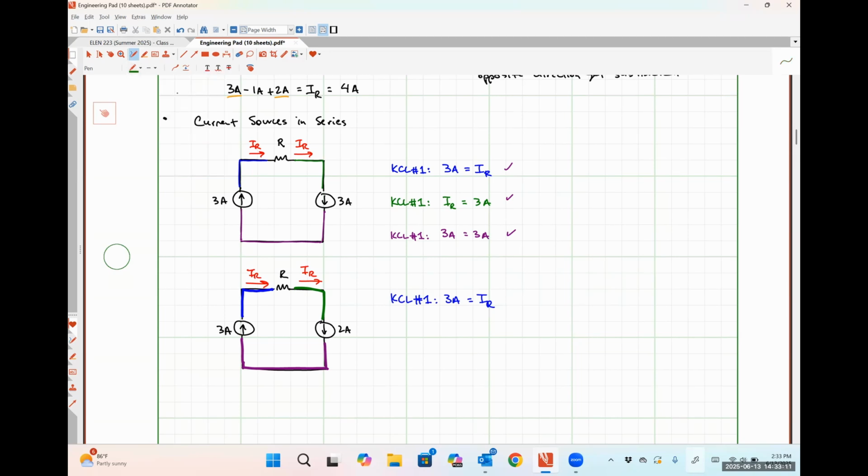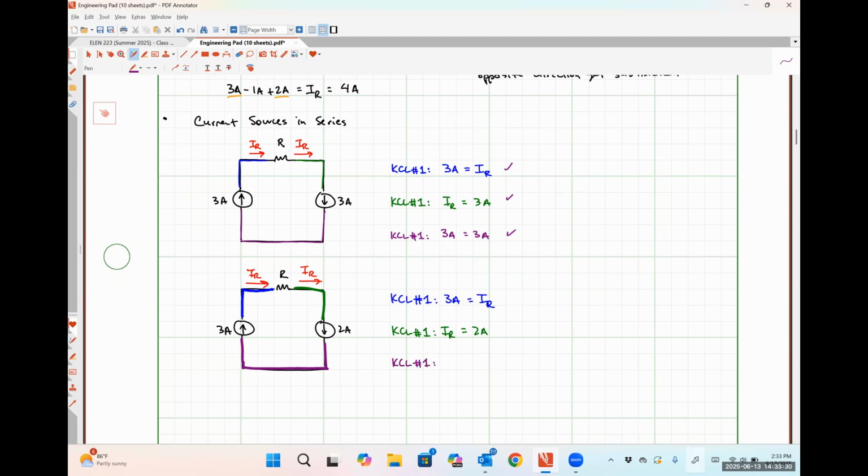When we do KCL at the green node, we wind up getting IR is equal to 2 amps. So we have 2 different values for IR, so we know things are broken. But just to make it even more obvious,